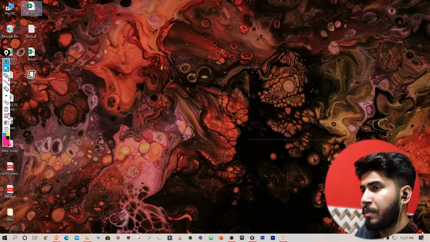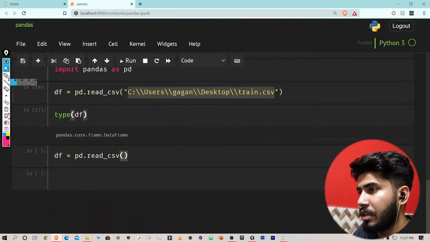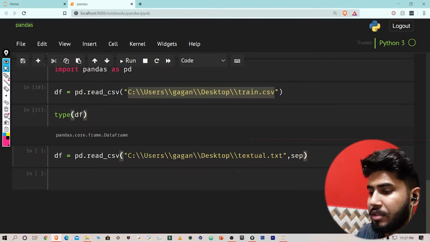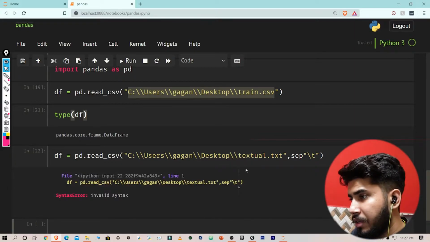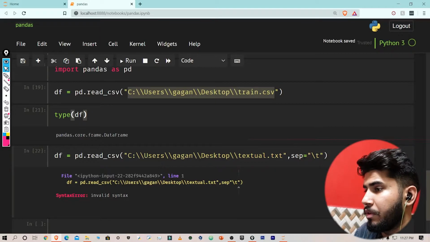I'm going to give the path of the file, which is the same except it is textual.txt. And I'm going to give the separator here. The separator will be, let's say, backslash t. Okay, it is giving me an error. Sep should be equal to, yeah.